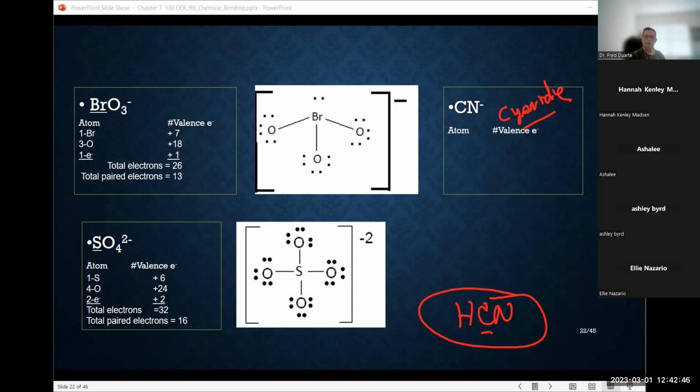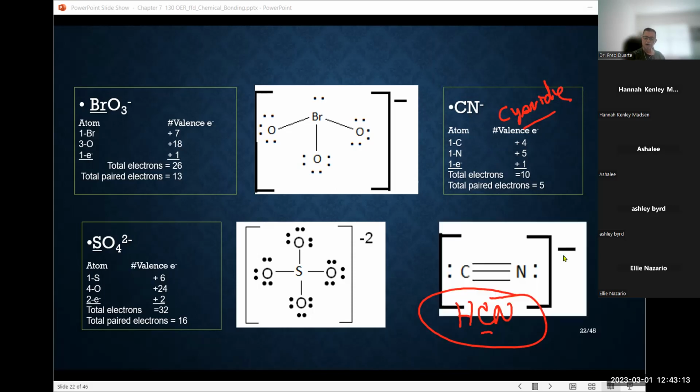We continue with the same process. Okay, 1 carbon has 4 valence electrons. 1 nitrogen has 5 valence electrons, and then we add a 1. So we now have 10 valence electrons, or a total of 5 pair. Okay. And as we did with the structure for HCN, where we actually had to create double and triple bonds, we do the same here, and we end up with that particular formula. Okay. Where you have a lone pair on the carbon, a triple bond between,